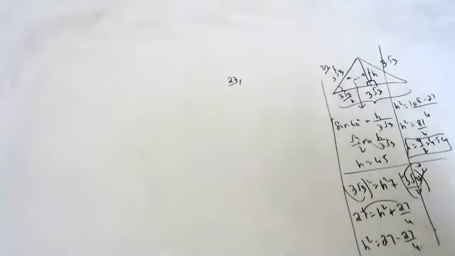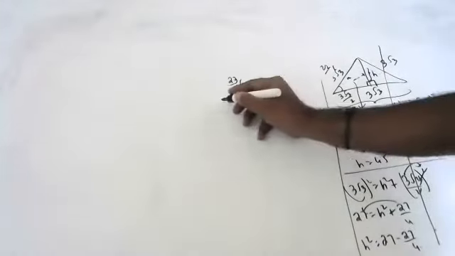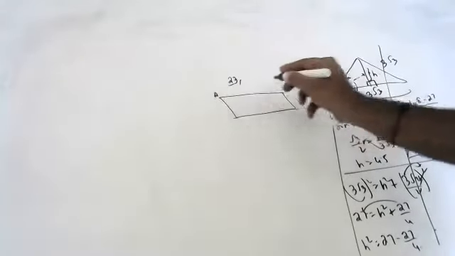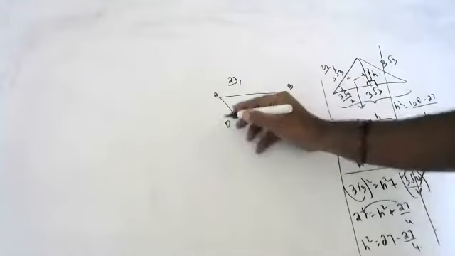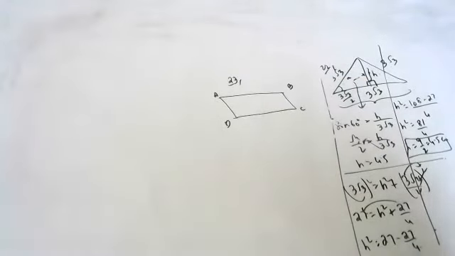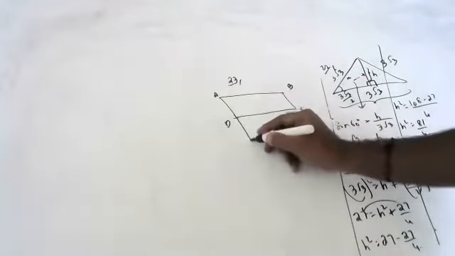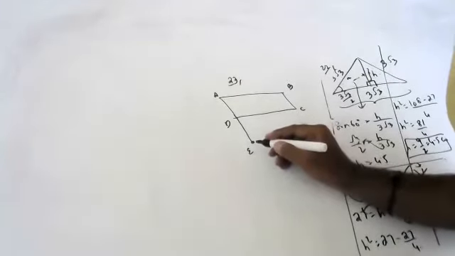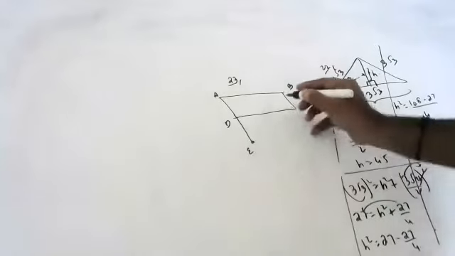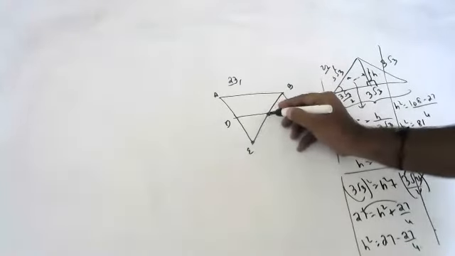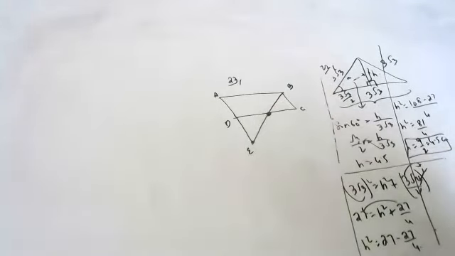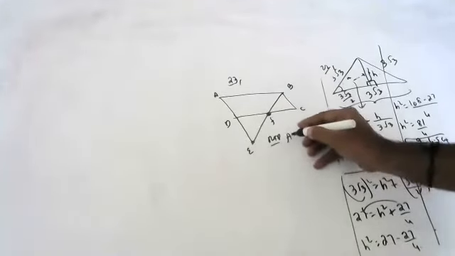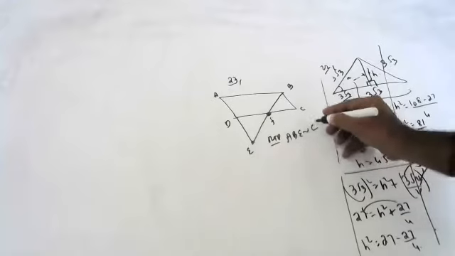Okay, children, 23. E is the point on side AD produced of a parallelogram ABCD. Children, ABCD is there. E is the point on side AD produced. Parallelogram ABCD. BE intersects CD at F. Required to prove, all of you see here, children. We have to prove that triangle ABE is similar to triangle CFB.